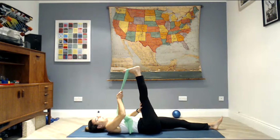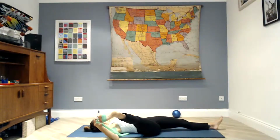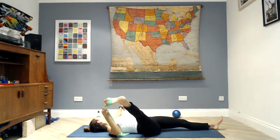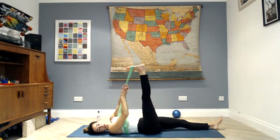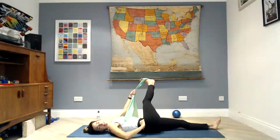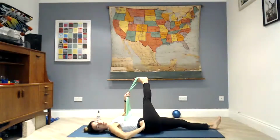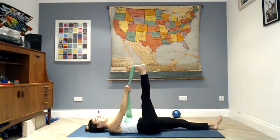time. And then drop your leg out to the side for an inner thigh stretch. Turn your head the opposite direction. Hold for a big exhale. Then cross the leg over. Turn your head the other way as the leg crosses the body. Keep the right hip down as that right leg crosses over to your left side. Circle your foot, just circling at the ankle. Reverse your circles, and then pull the band, kick the heel away, and then come back to your midline and